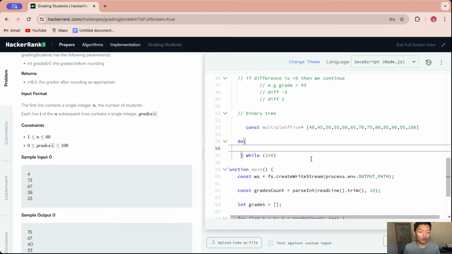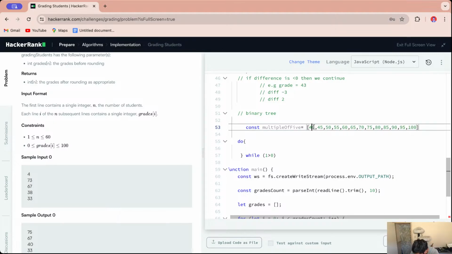Okay, let's see this, right? So if it's a binary search tree, how many elements are in the array? 1 2 3 4 5 6 7 8 9 10 11 12 13, right? So that means we